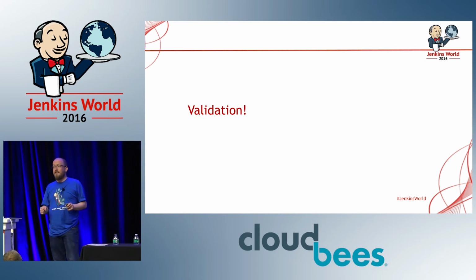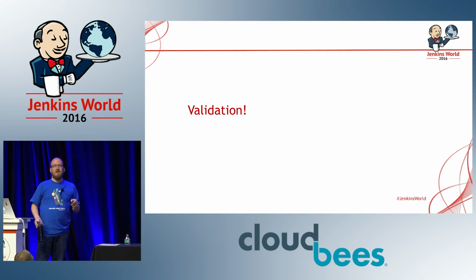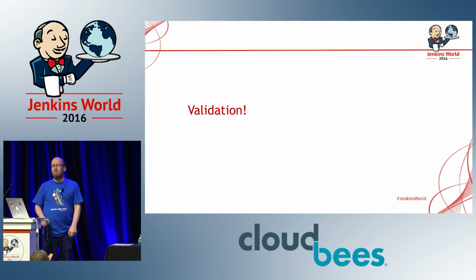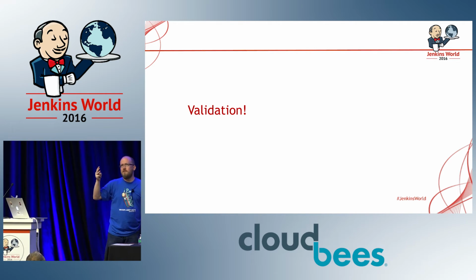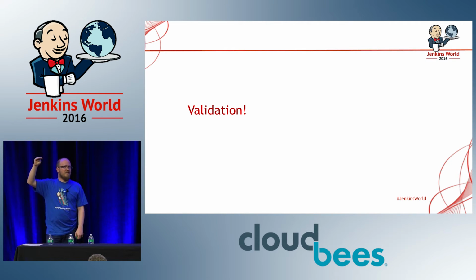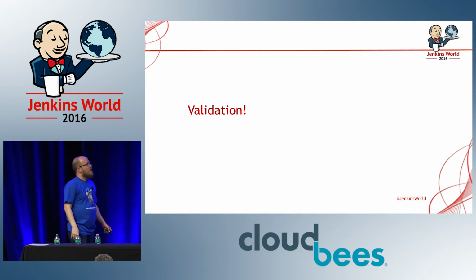One of the things I really am proud of with this is validation. How many here have had pipeline jobs fail with mysterious stack traces of doom? Oh, come on, it's more of you. We all have. You get this giant message, and if you made three typos in step names or parameter names, first time it runs, you get the first error. Second time it runs, you get the second error. Third time it runs, you get the third. You have to iterate over and over again. It's annoying. So,